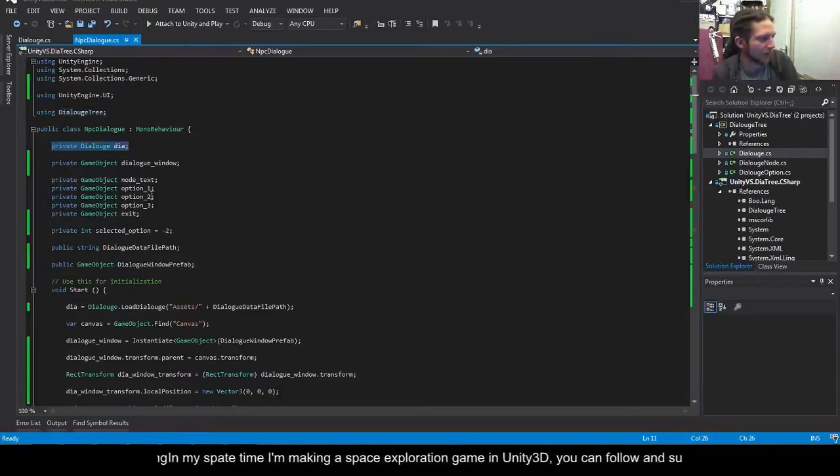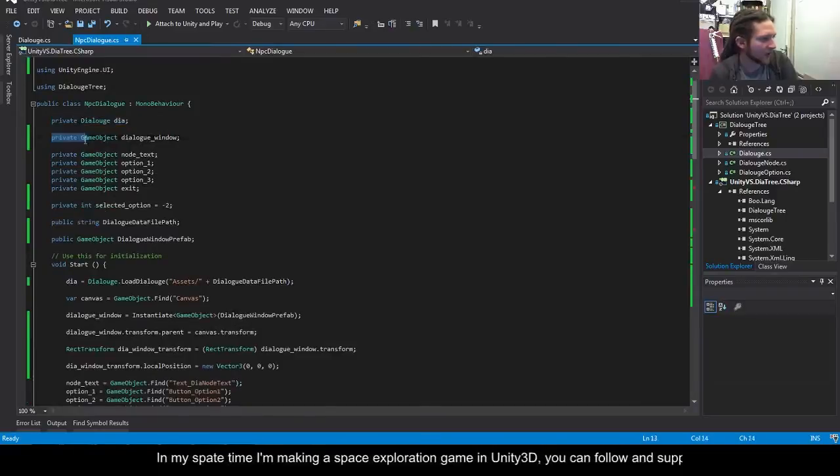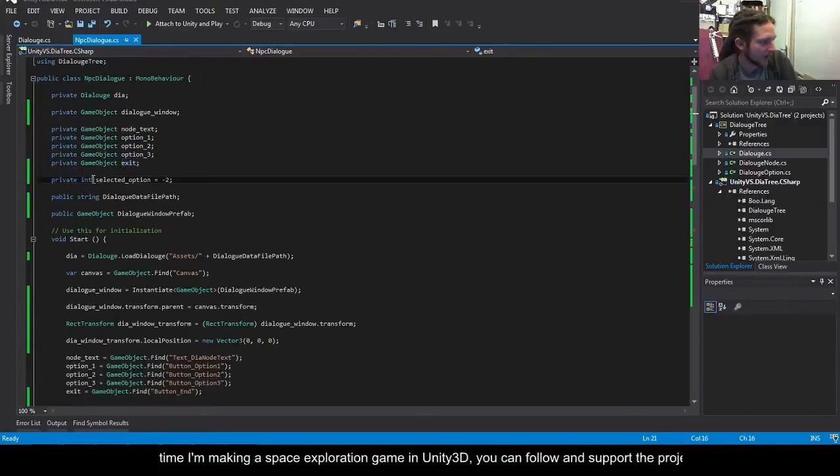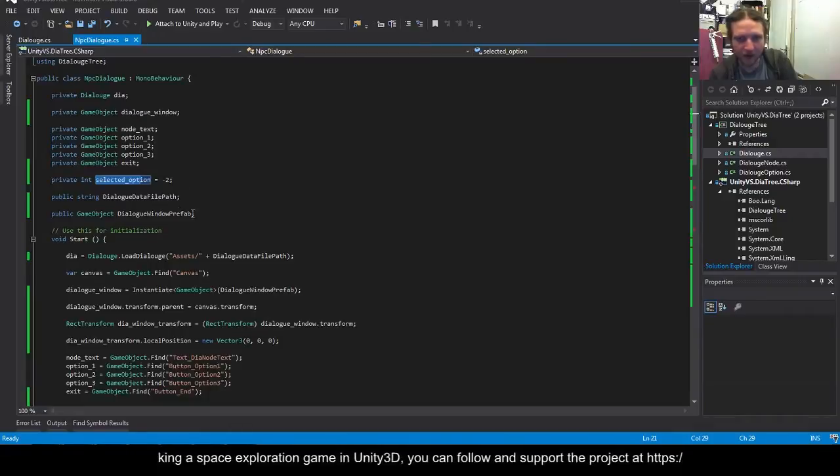So we've got a private dialogue. We've got a private game object, which is a dialogue window, and then we have references to the different bits inside that window. So the node text, the option buttons, and the exit button. We have this selected option equals -2. This is here so that while the dialogue is running in the background, other functions can change this value, which will set the